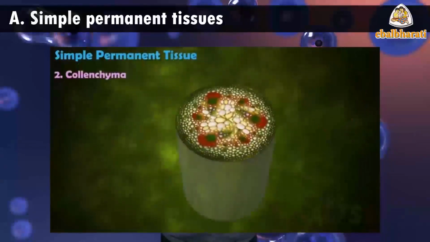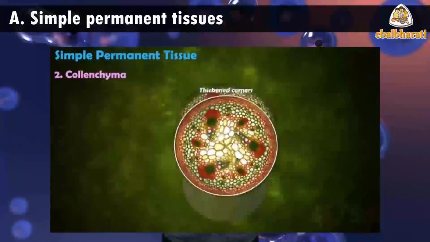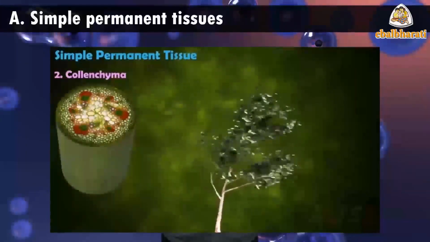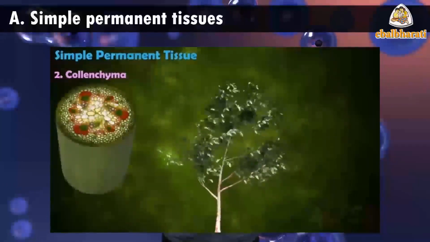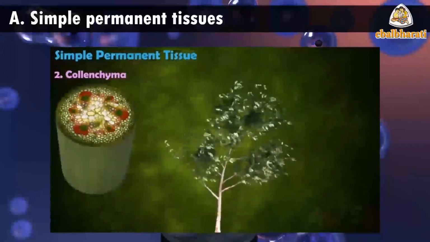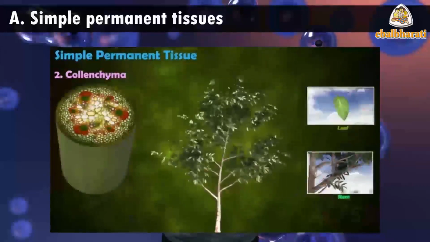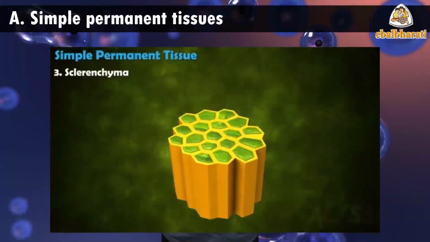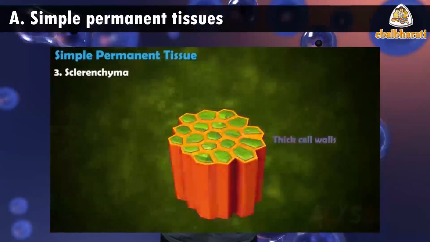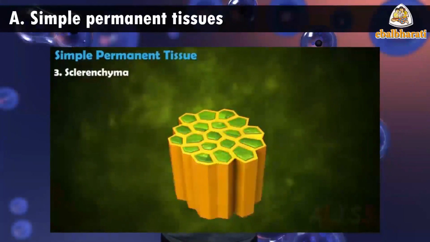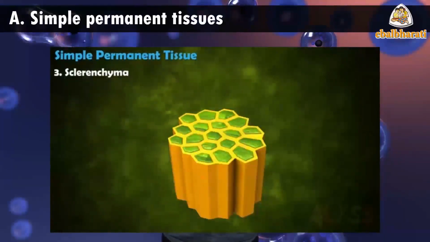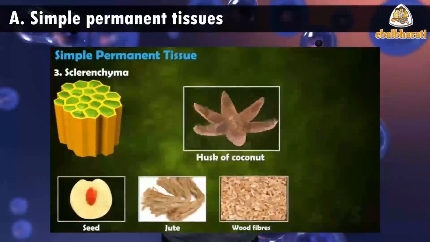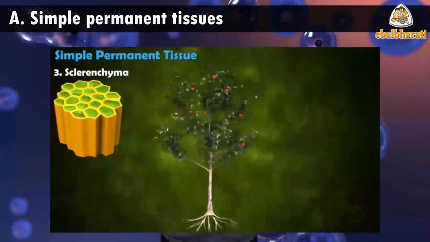Collenchyma. It is a simple permanent tissue made up of living cells. The cell wall is cellulosic but shows uneven deposition of cellulose and pectin, especially at corners. The walls may show presence of pits. Figure 8.4 denotes the same. Sclerenchyma. It is a simple permanent tissue made up of compactly arranged thick-walled dead cells. The cells are living at the time of production, but at maturity they become dead. Figure 8.5 denotes the same.